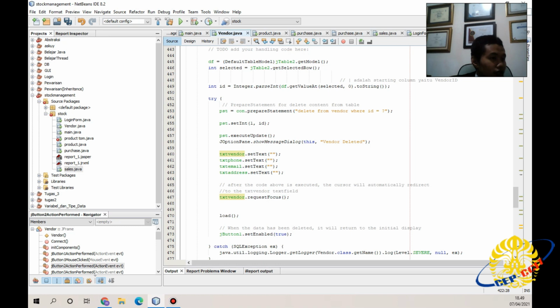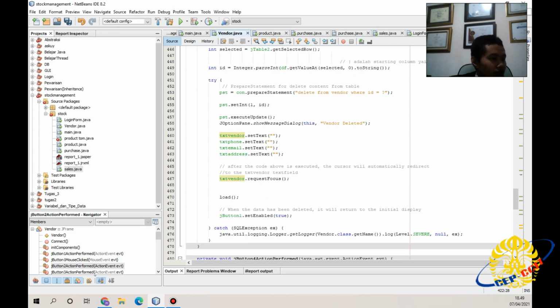The SQL query: delete from vendor where ID equals question mark. pst.setInt 1, ID, and then execute. If successful, the output will display vendor deleted.